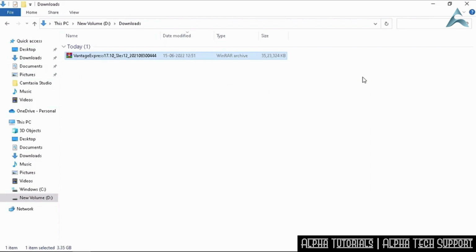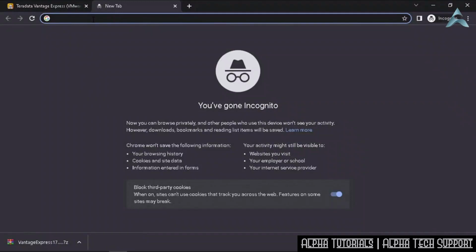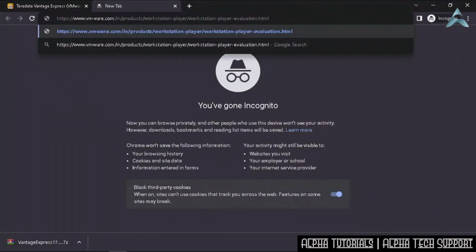Having downloaded an image for Teradata Vantage Express, in order to run it in a VM, we will now download and set up VMware Workstation Player. For this, I'll just exit this window, and then from my browser, we'll pull up a brand new tab to navigate to the VMware website where we can download the Workstation Player. The specific URL to navigate to here is